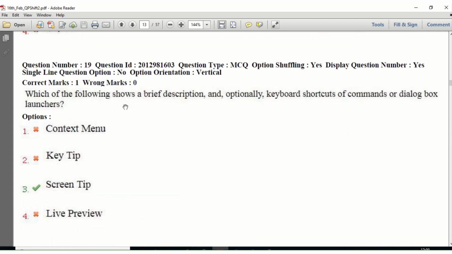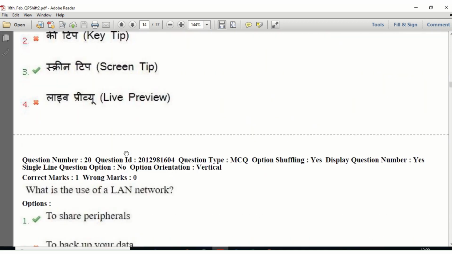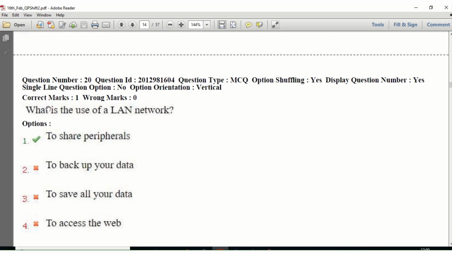Which of the following shows a brief description and optionally keyboard shortcut of commands or dialog box launcher? That is called screen tip. What is the use of LAN network? The main use of LAN network